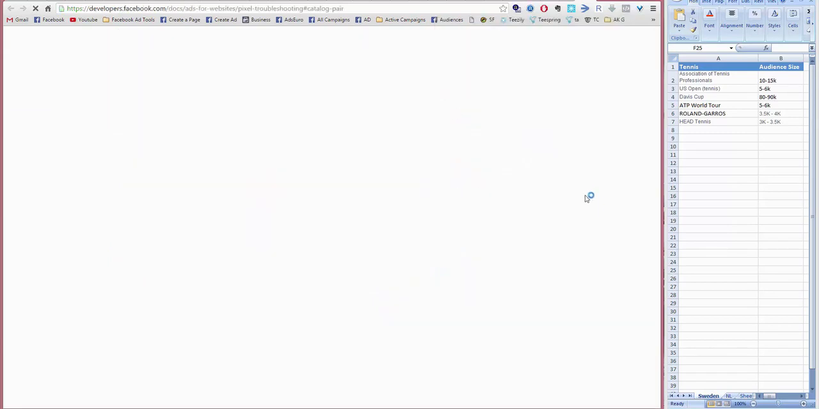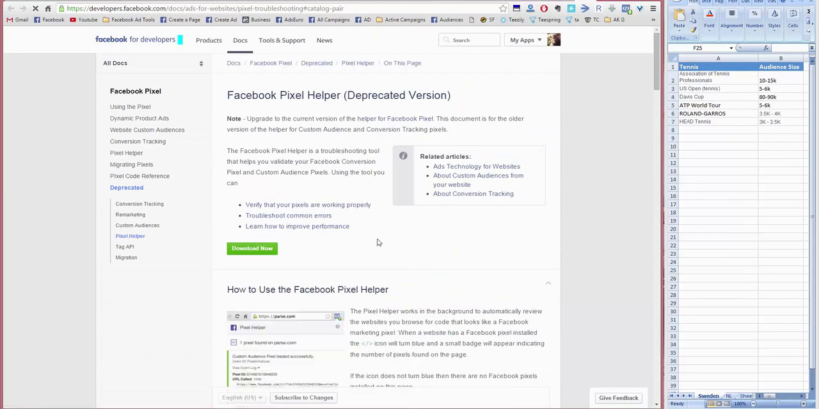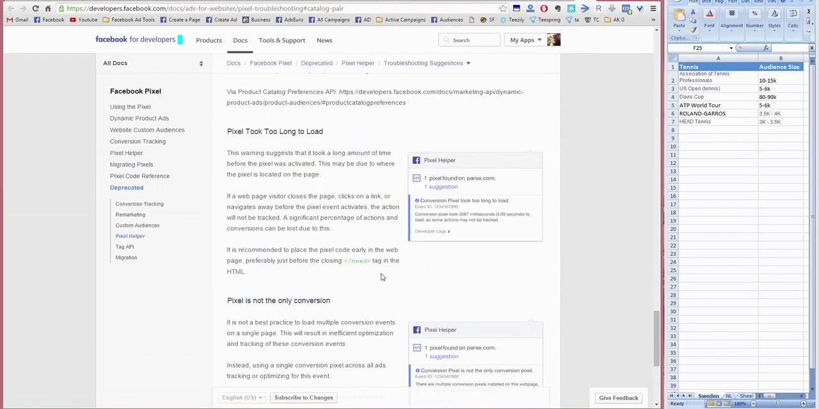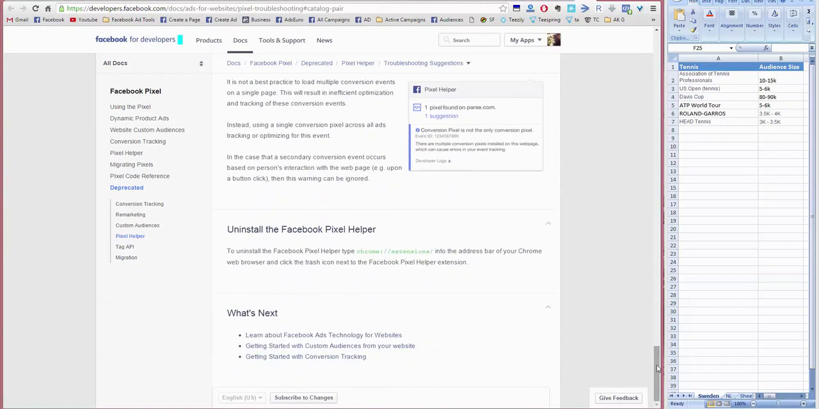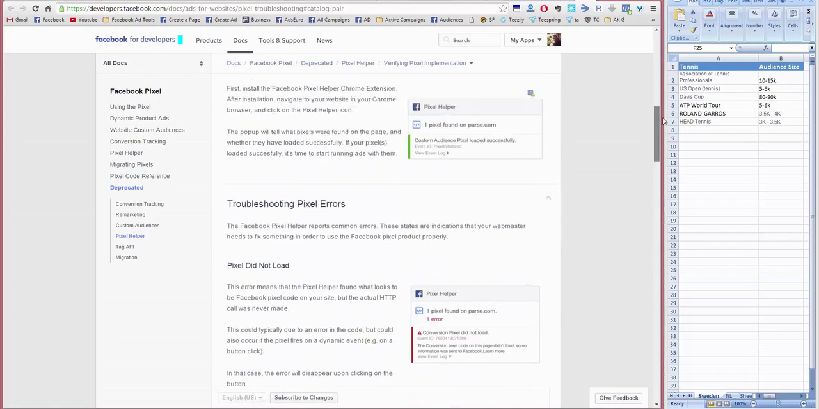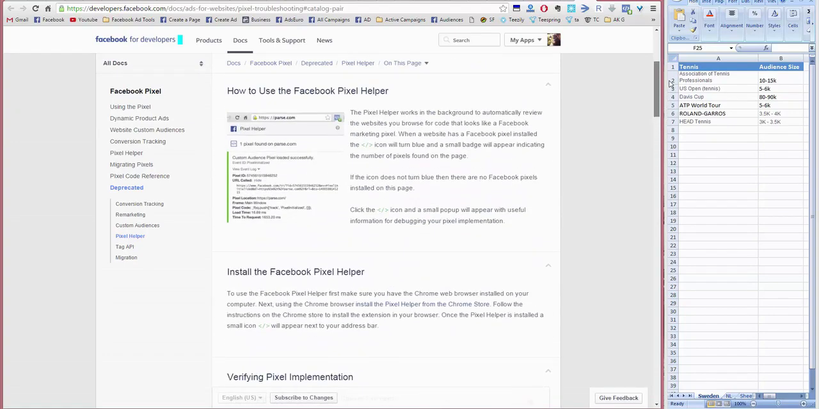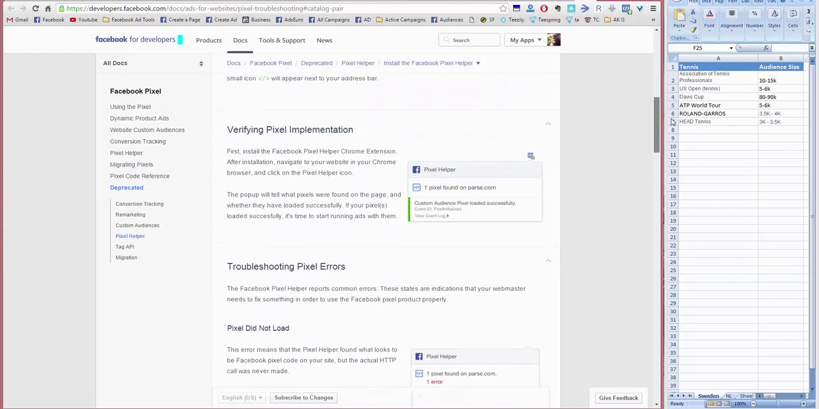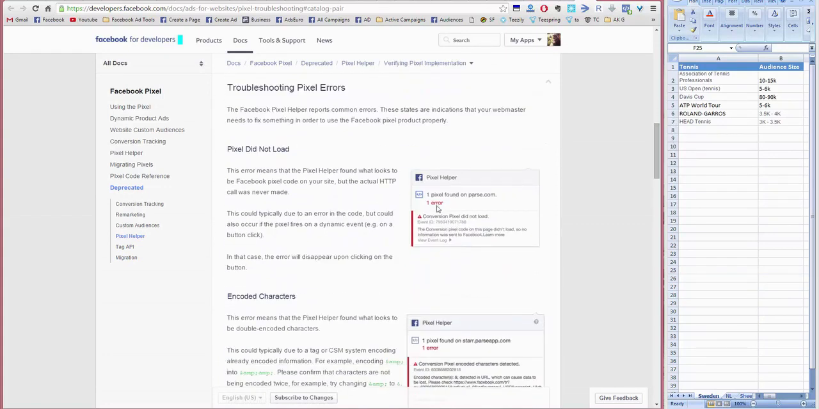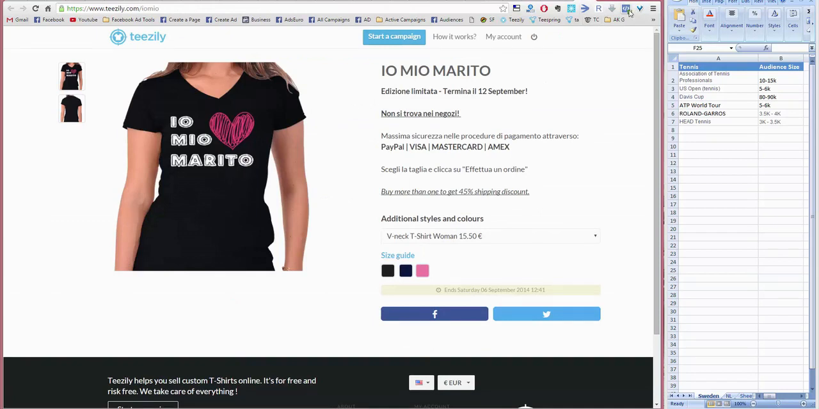You have all the situations here. If you go here, you will see a lot of things. You have all of them: one pixel found, one error. You don't want to see an error. Your conversion pixel didn't load. This is what you don't want to see. This means that there is something wrong, and you have to contact the support team on any of